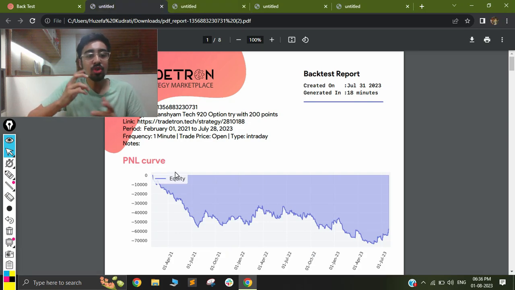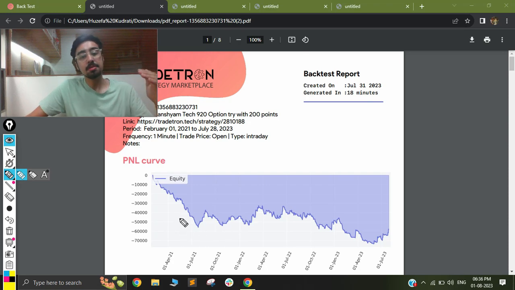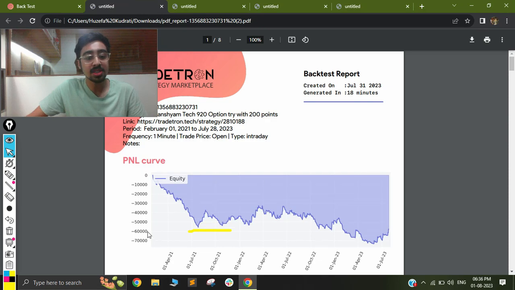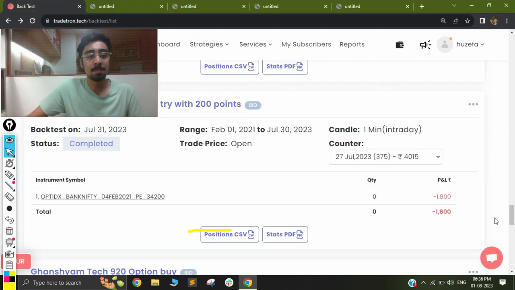Now if you notice something out here, you will see that when I went a little more in the money, the loss that the P&L curve was taking, which was previously around 40-50,000 in value, has now reached around 70,000 in value, which means that going a little more in the money is actually helping me go towards where I want to go. So I now have a clue that going in the money is actually helping me. So in order to optimize more on the clue,